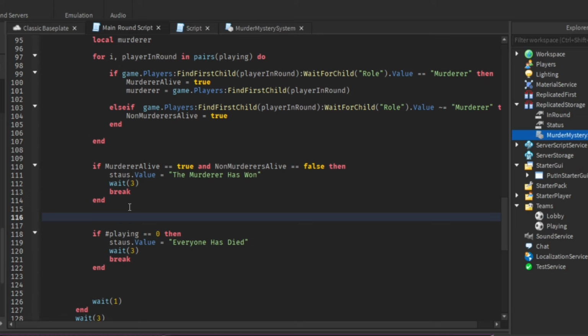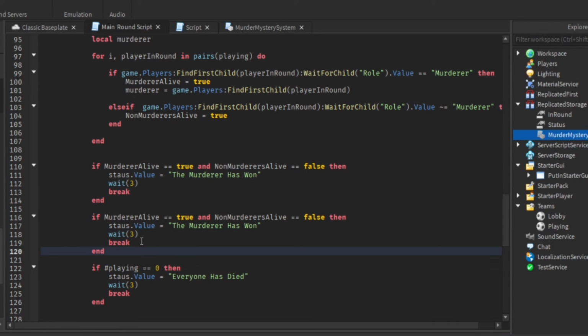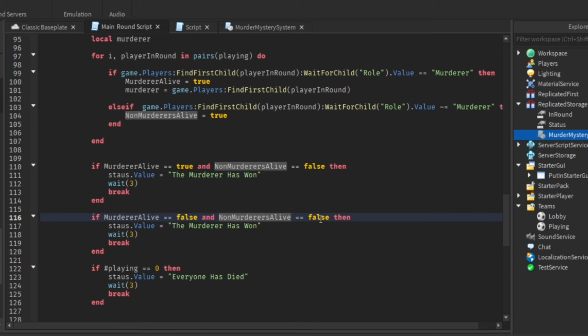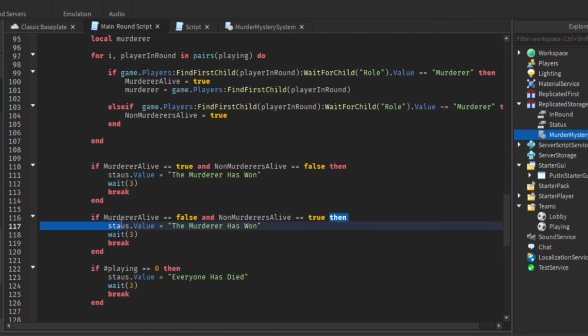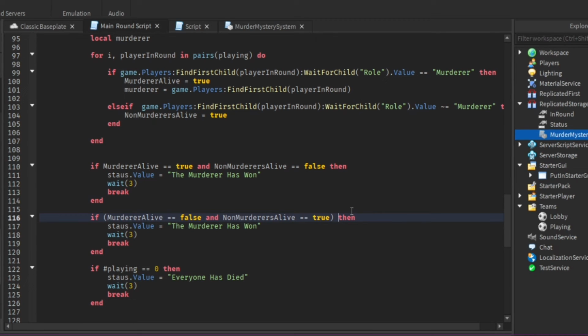So in this case, we want to check if the innocents can win. So the innocents can win if the murderer died or the murderer has run out of time. So we'll do if murderer alive equals false and non-murderers alive equals true, then, and now this is 1. Let's put this in 2 brackets. Now this is only 1 if statement, right? But the innocents can win in another case too, and it is if the murderer runs out of time, right? So what we can do